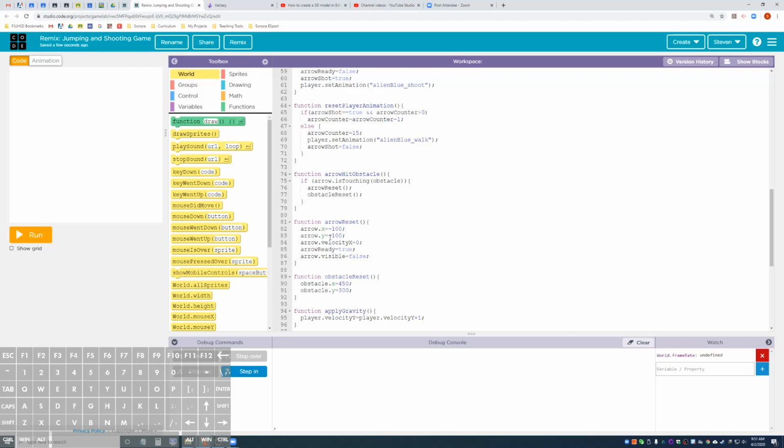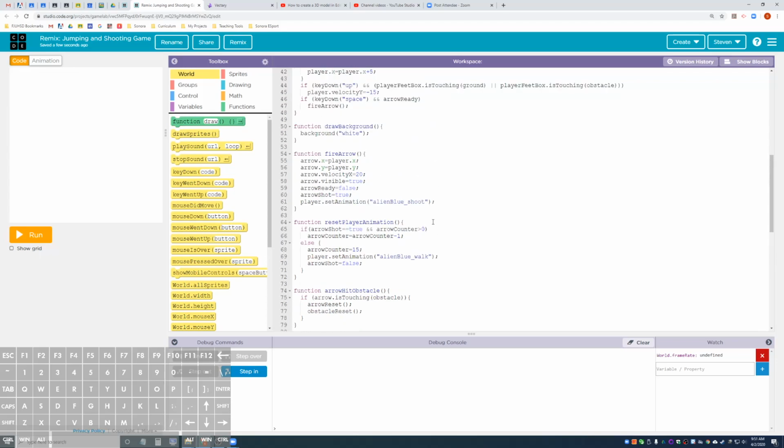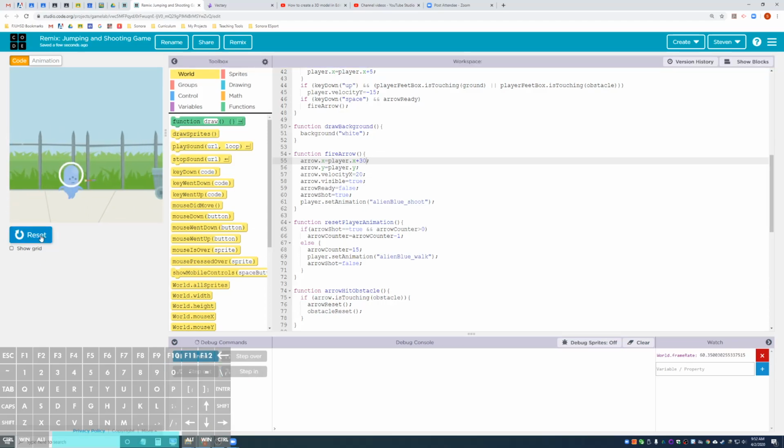it's putting the arrow way to the left or the upper left of the screen. But when I fire it, it's where my player is. But maybe I want to go a little bit to the right. Maybe I do something like plus 30. And now if I shoot my arrow, it's not coming out of my head, it's coming a little bit in